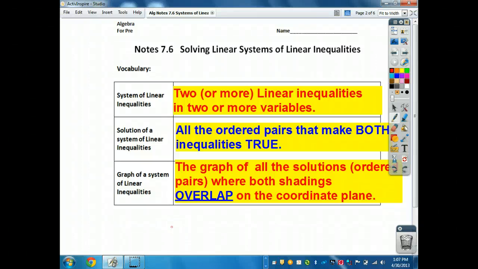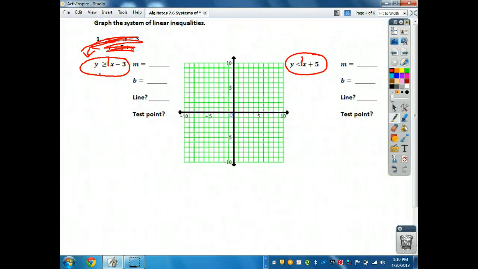6, solving linear inequalities. Like I said, this was really simple for block 1. I'm sure it will be for you too, because we've already done the basics that we need to know. None of your problems today have to be rearranged even. I'm so nice. Wasn't that nice of me? They're all in what kind of form? Slope-intercept. All your problems are in slope-intercept form, so you don't need to rearrange, you just need to